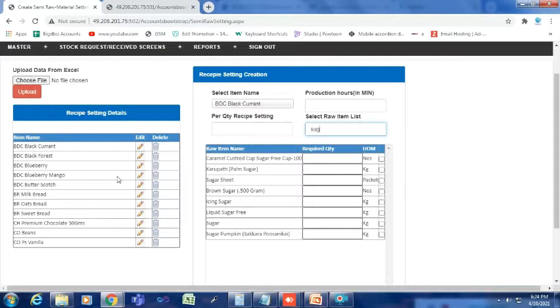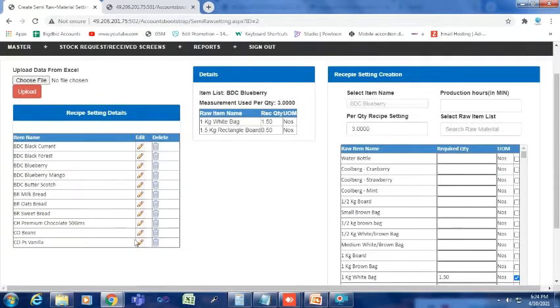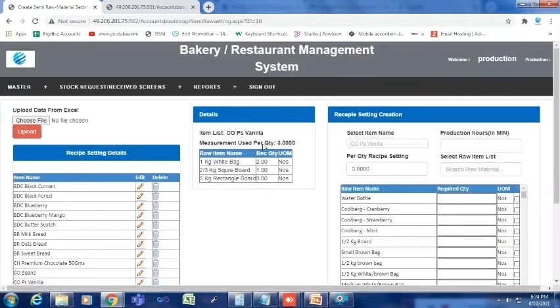So what will happen is when the stock is increased in the blackcurrant cake, the raw material related to that will be reduced. So for example, for preparing this, what are the items required? You can see here what items are requested or are being used, listed out here.